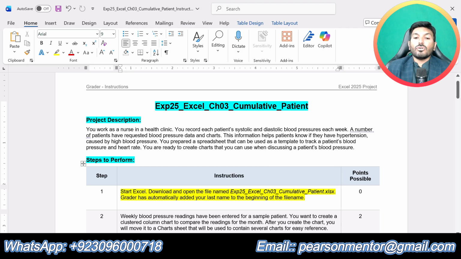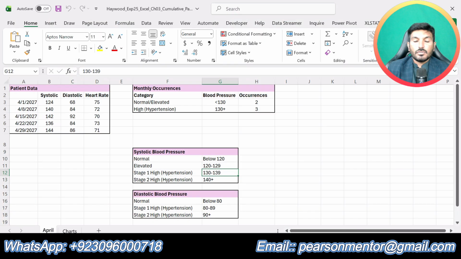Start Excel, download and open the file named EXP25 Excel chapter 3 cumulative patient. Grader has automatically added your last name to the beginning of the file name. So this is the Excel workbook that we are going to use to solve this assignment. We will apply all the steps to this workbook and make it into its final form for submission.